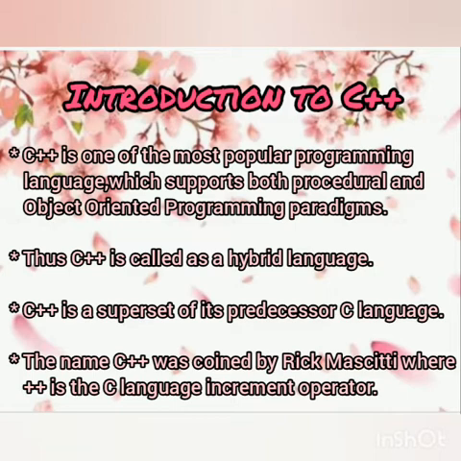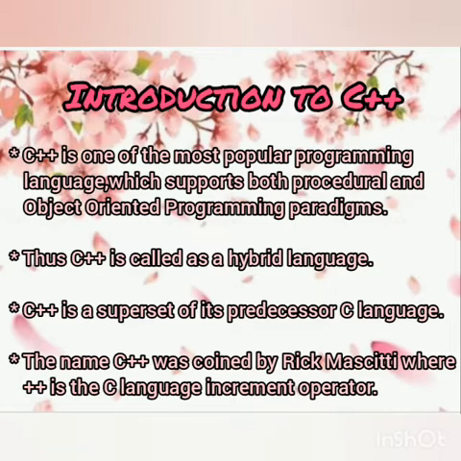This C++ program supports both procedural and object-oriented programming, so it is called a hybrid language, because it is a combination of both procedural and object-oriented programming languages. Here, procedural is nothing but a sequence of instructions which is executed in sequence order, and the object-oriented programming concept is a high-level concept. It is used to solve all the complex problems.